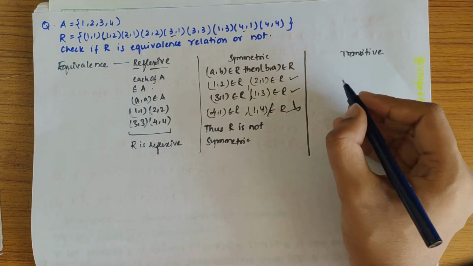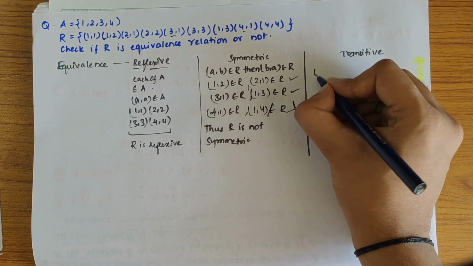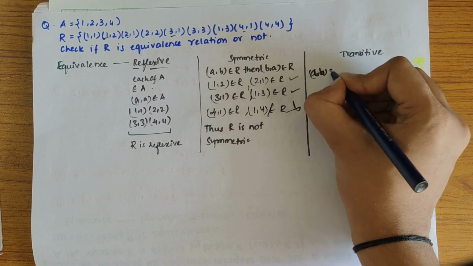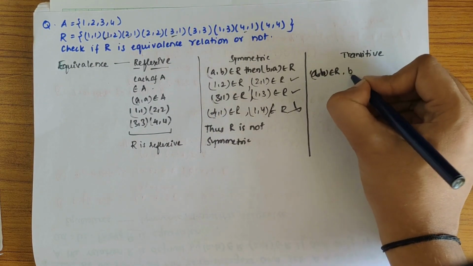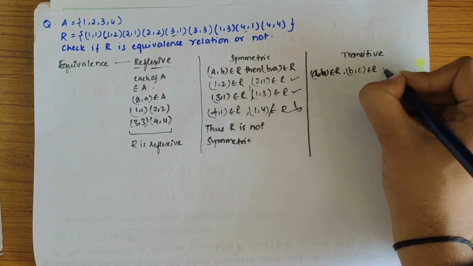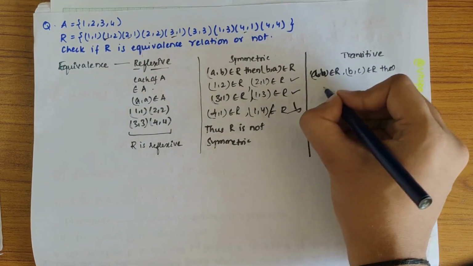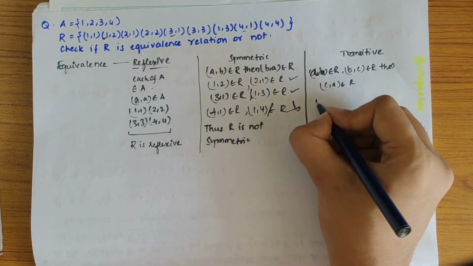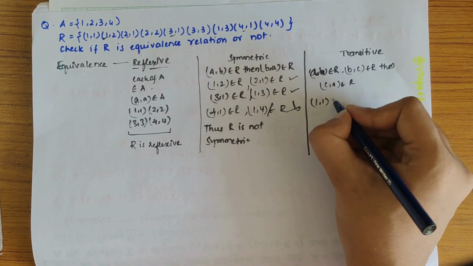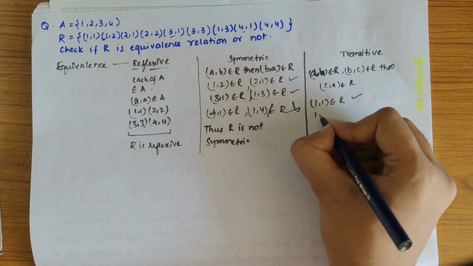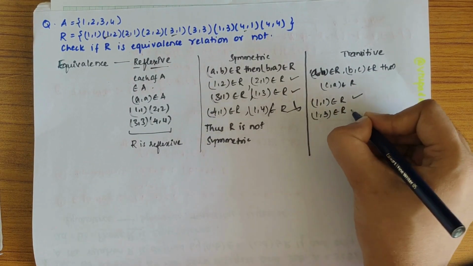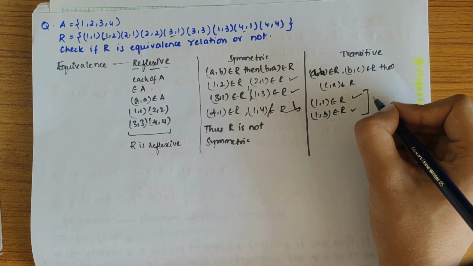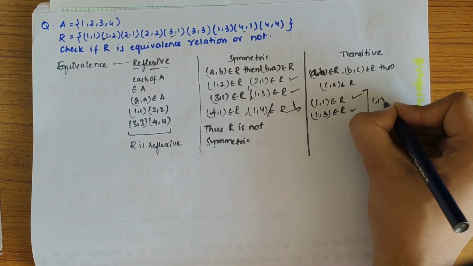Then we have the transitivity condition. For transitivity we know that if (a, b) belongs to R and (b, c) belongs to R, then (a, c) should also belong to R. So let's take 1 comma 1 belongs to R, yes, and 1 comma 3 belongs to R, yes. That means 1 comma 3 belongs to R, yes. That means 1 comma 1 belongs to